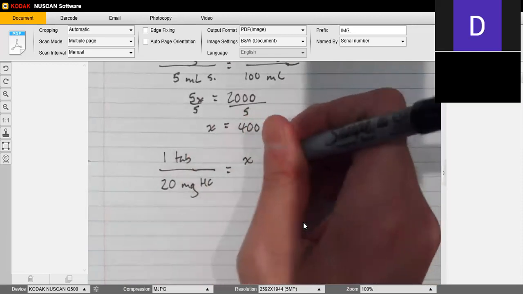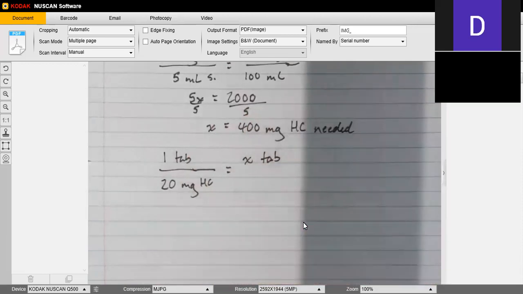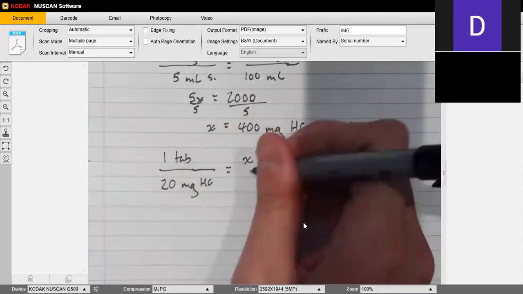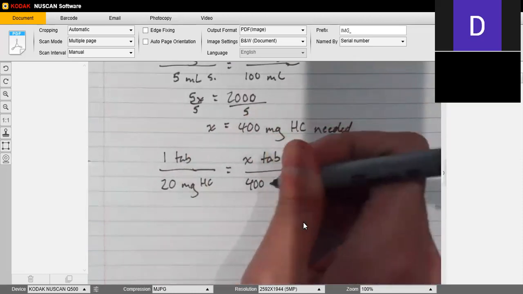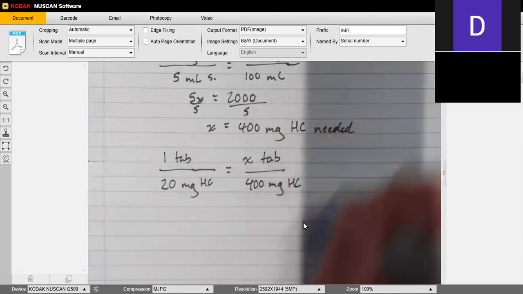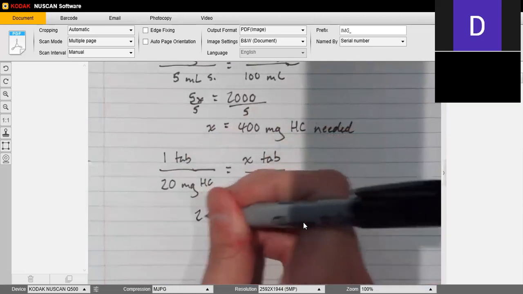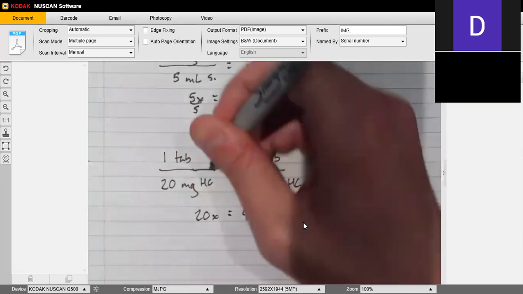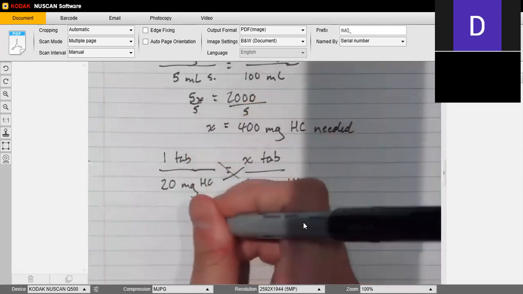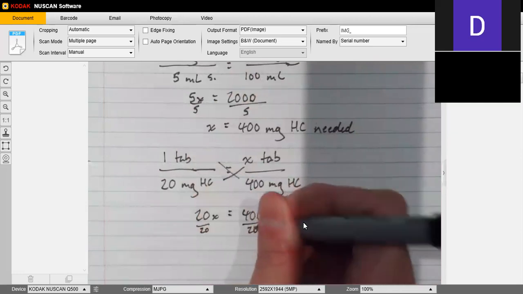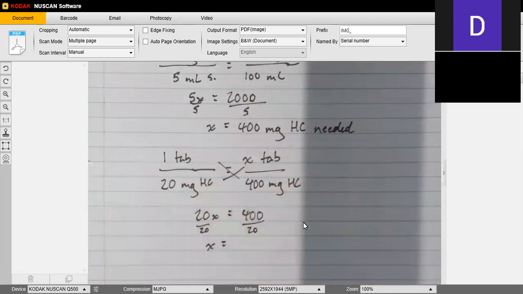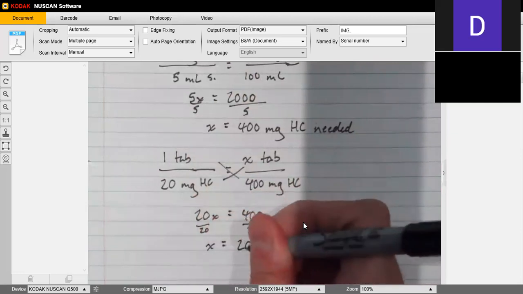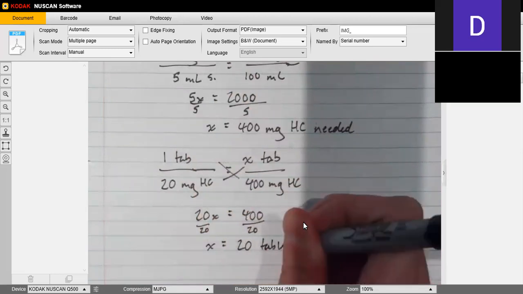So how many tablets, X, how many tablets does it take to get to 400 milligrams of hydrocortisone? Again, we solve for X. 20X equals 400, because we're cross multiplying. Divided by 20, divide by 20. X equals 20 tablets